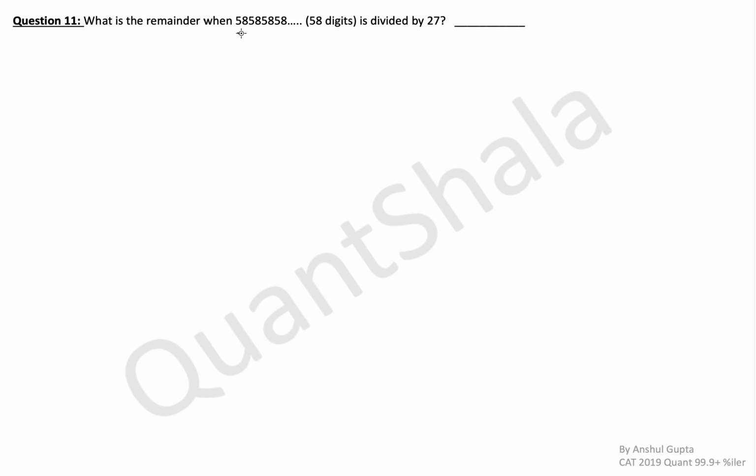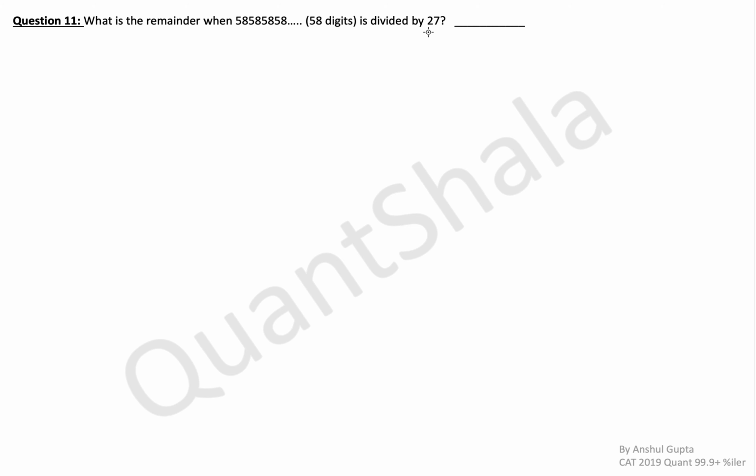So we have a 58-digit number, 5858 and so on, which is divided by 27. Okay. So how would you do it from the basics? Don't think about anything that you've learned in any book, any coaching or anywhere. Just try to do it from the basics. You know that any number can be broken down into powers of 10. For example, we did this in another video also, the factors quiz video, or in the remainders quiz video. So 432 can be written as 4 into 100 plus 3 into 10 plus 2 into 1. Similarly, we can write for any such number, any number that exists on this planet.